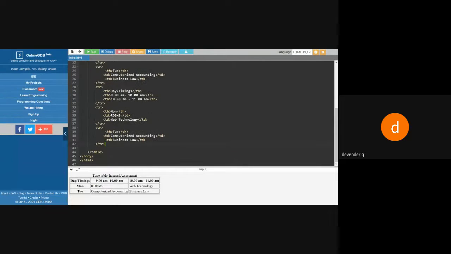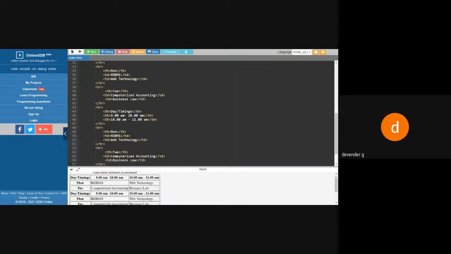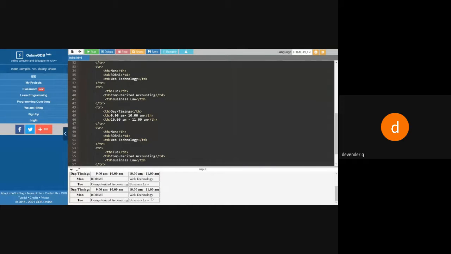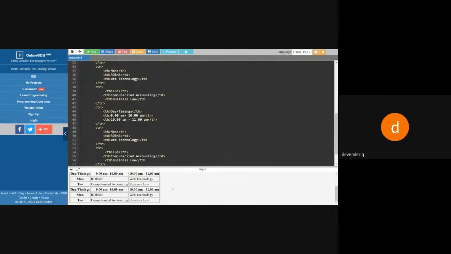If you think this code is very big, seeing this code you'll think this is very big. But do you find any problem in that? Because once you understand the logic, within a fraction of a minute we have done. You should know the concept, that is important.